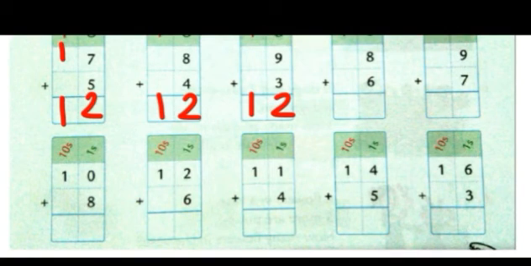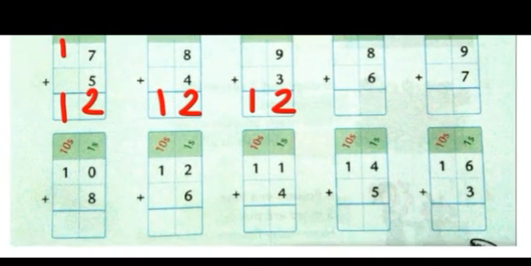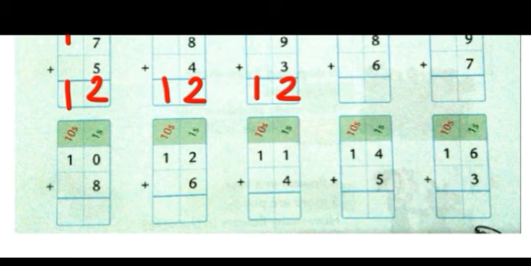So, one more we will solve and then the remaining you can try at home. Okay, so we are going to solve this one. 12 and 6. So, first we will add the ones side and then we will add the tens side. In the ones side, the numbers that are given to us are 2 and 6. You can simply add, and if you want to use the number line, you can add using the number line also, like 2 and 6.